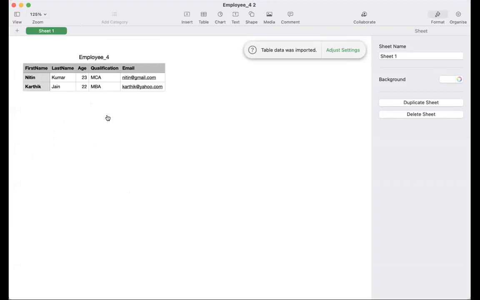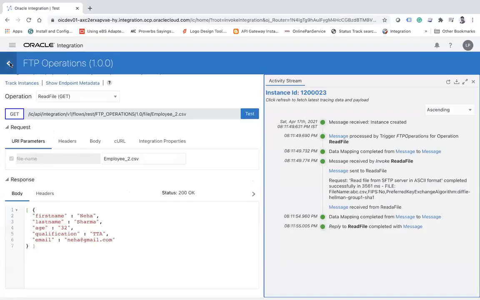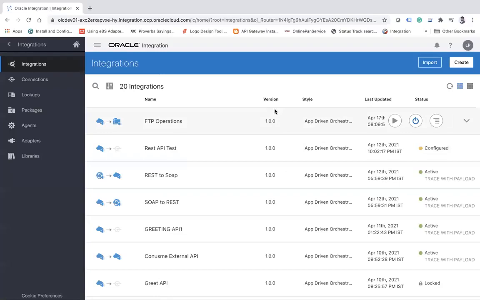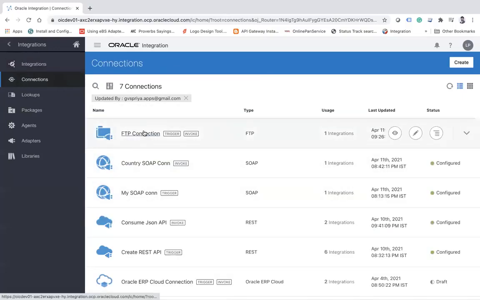Now let's move forward. Now I wanted to show you how to encrypt and decrypt the file. So in order to encrypt and decrypt the file, you see in the